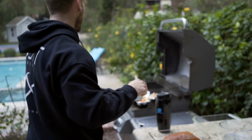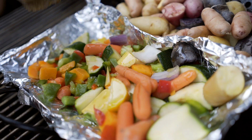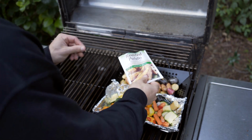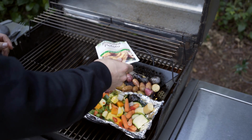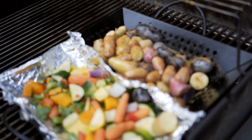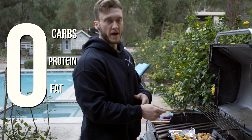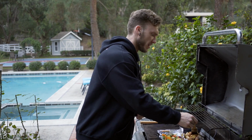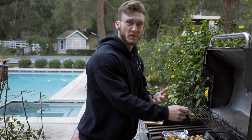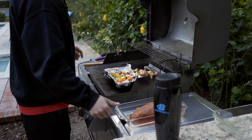All right, I'm gonna brush the potatoes and vegetables. And for the seasoning, we don't actually have that large of a potato serving here, so I'm just gonna add to taste, like personal preference. And this seasoning is actually 0 calories, 0 carbs, 0 fat. All macros are just 0 across the board, but it tastes really good, and it was specifically made with herbs and seasonings that we're all familiar with on potatoes, like garlic herb blend. Now that that's all good to go,